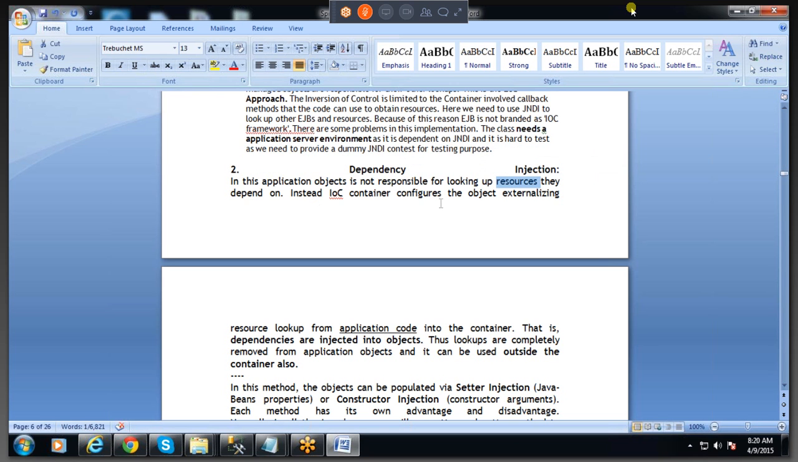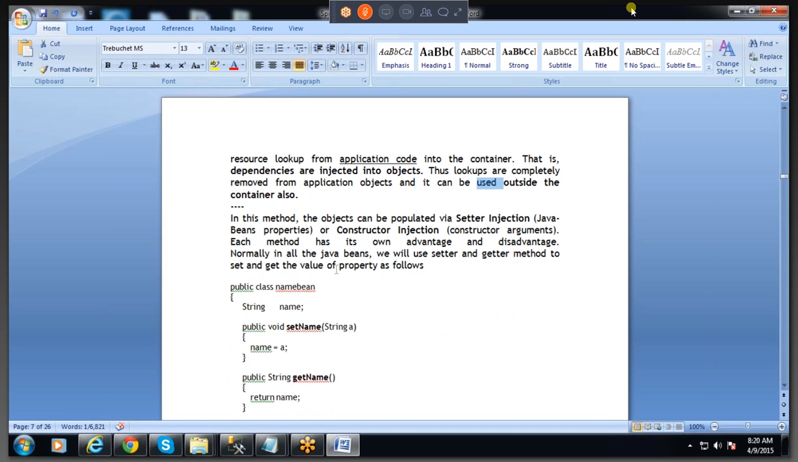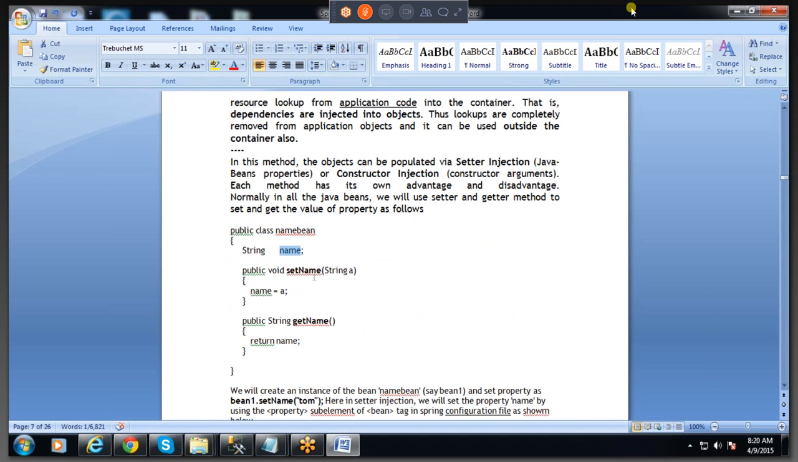Instead, in the application code itself, we have to inject the objects, because directly we will say this is the way the object needs to be created. Such kind of thing we can implement with dependency injection. That looks up completely removed from the application objects, and it can be used outside the container also. Suppose I have a bean component called NameBean, and for this I have a name property. Now if I want to get the values and set the values, then